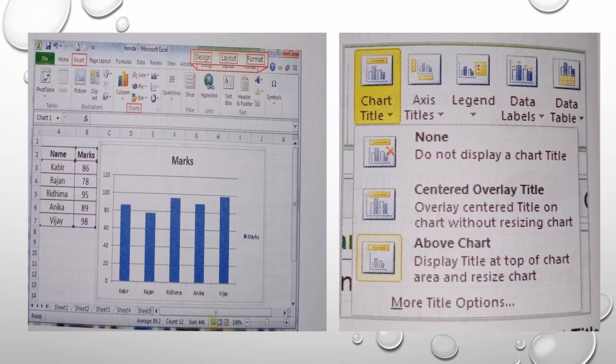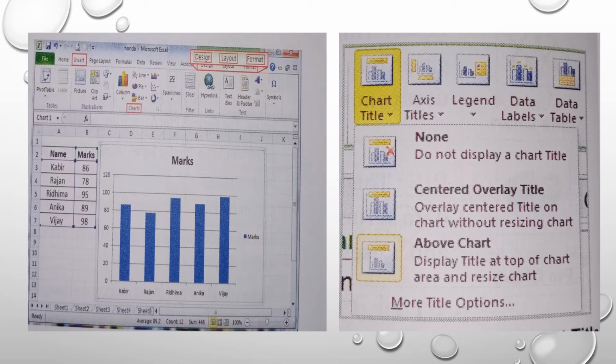Creating a chart. It is quite simple to create a chart in Excel. Create a new worksheet with the data as shown here. Select the range including the column titles and the row labels to display in the chart. Click on the Insert tab and go to the Charts group. Then select the desired chart category, for example column, and select the suitable chart subtype from the displayed choices. The chart appears on your worksheet.